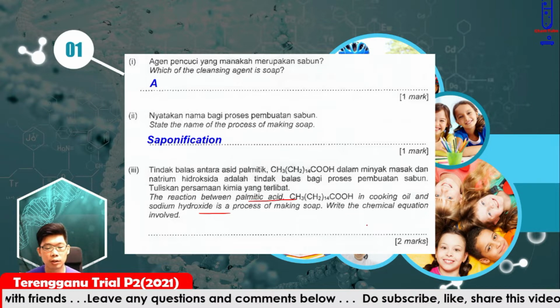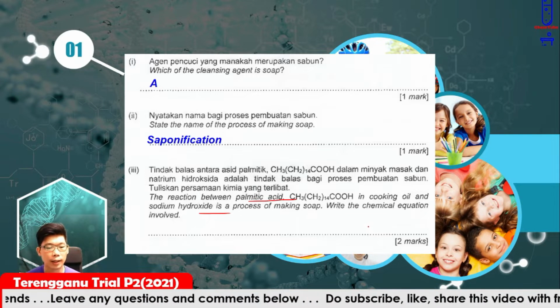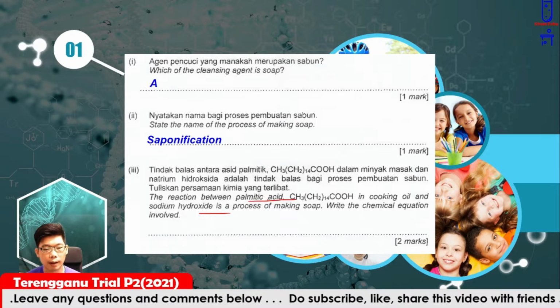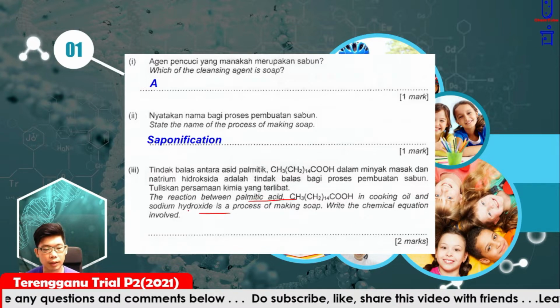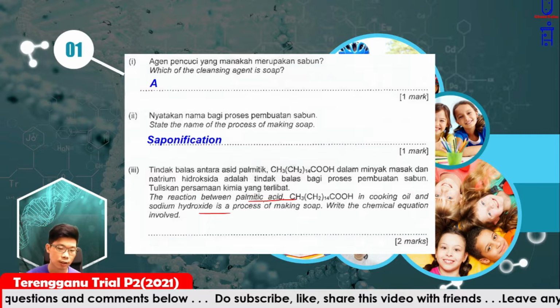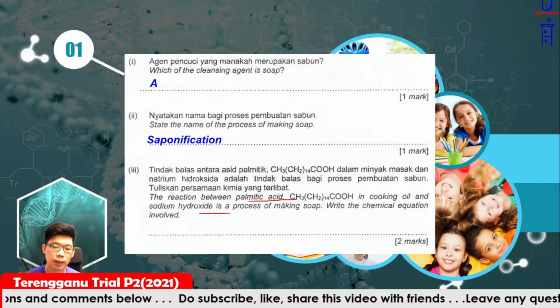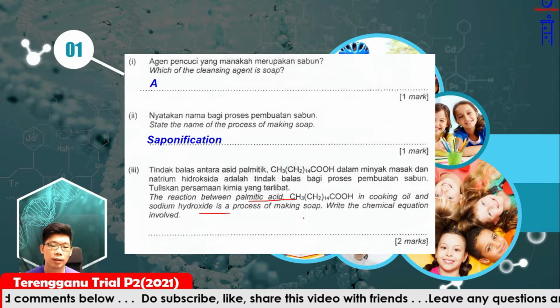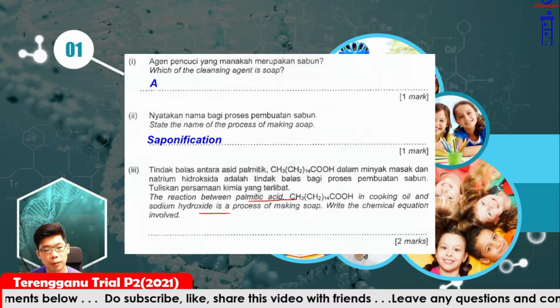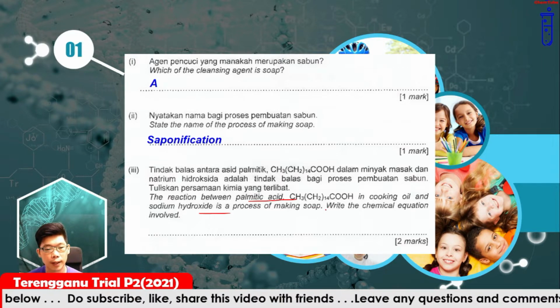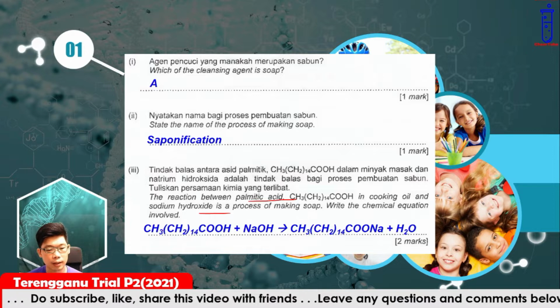Okay, it looks complicated. Actually, no. So palmitic acid reacts with the sodium hydroxide. Actually, it is a neutralization, so it forms a salt and water. So the salt will be sodium palmitate. Okay, so here we just copy down the